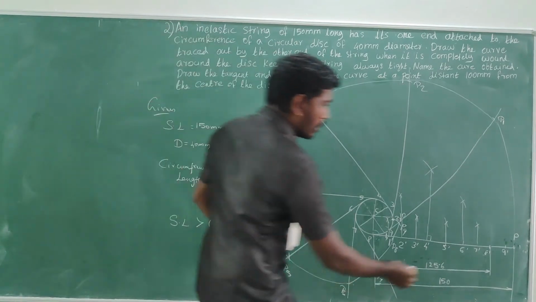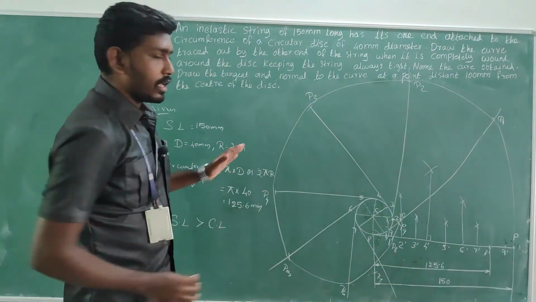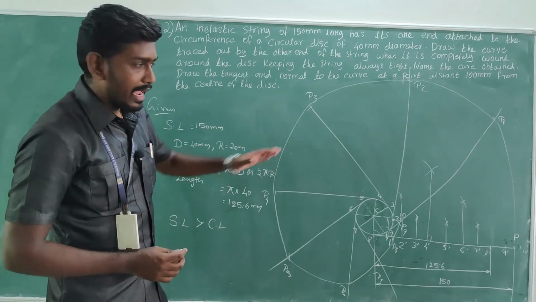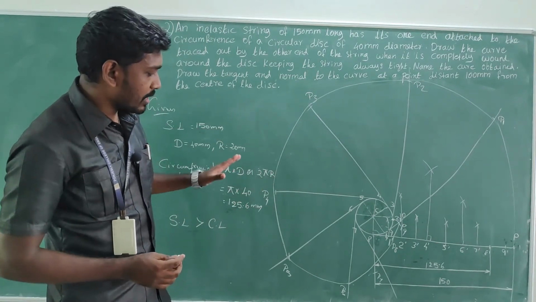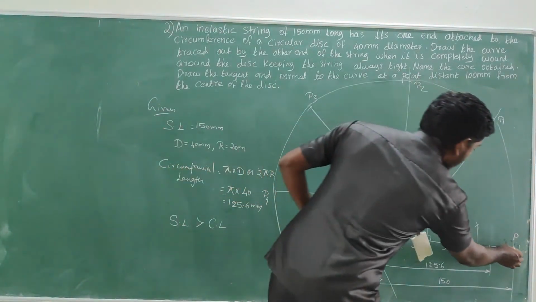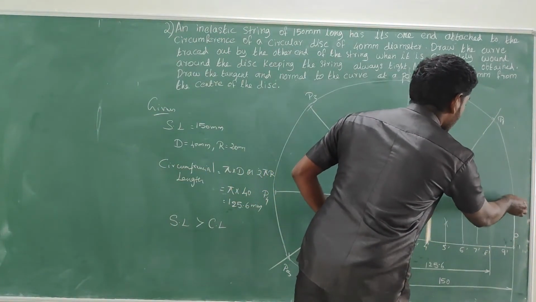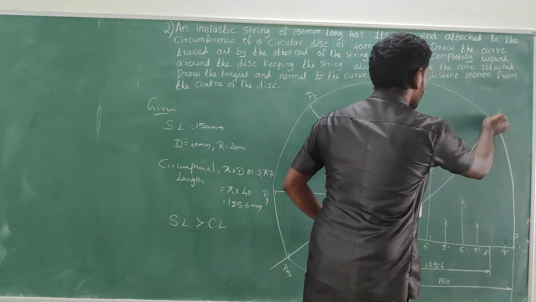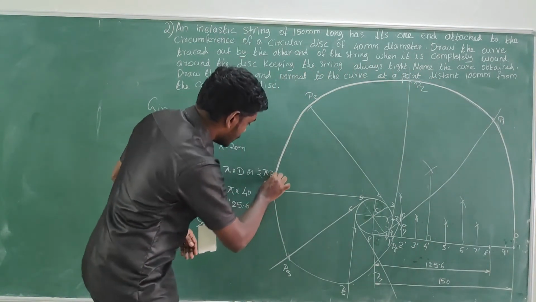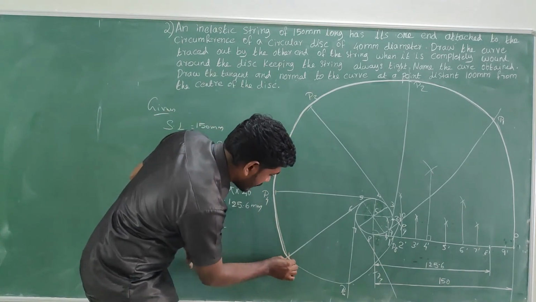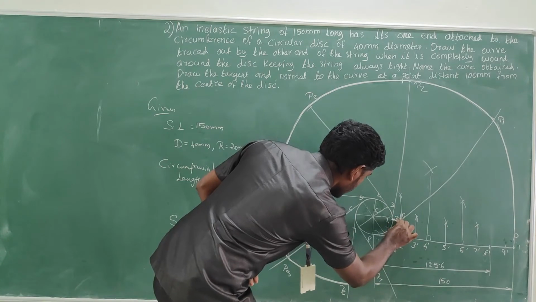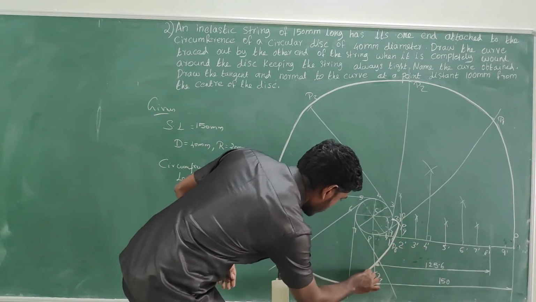Fine. So if you have identified the shape of the involute, and if you are confident enough that this is a good shape and it's in a good manner, then you can go for a dark line with an HB pencil. Just go for a dark line with an HB pencil, and with a single stroke and a smooth hand make it right. So it is made in this manner.